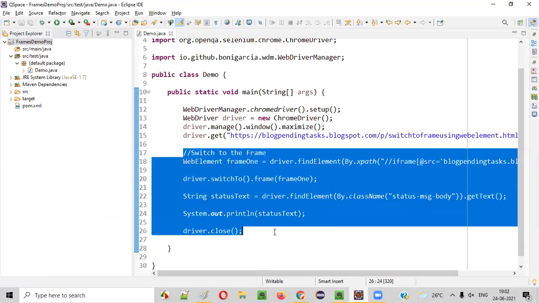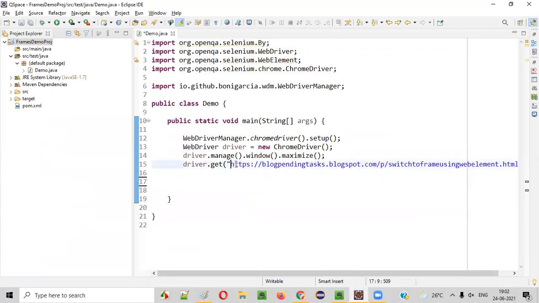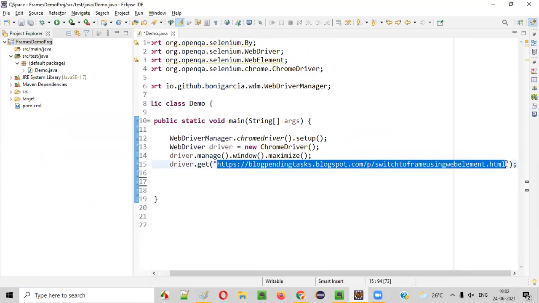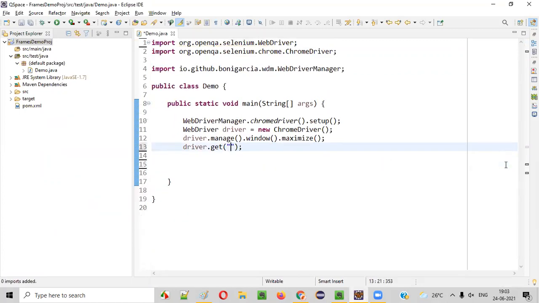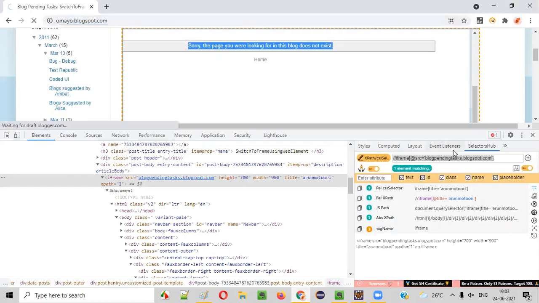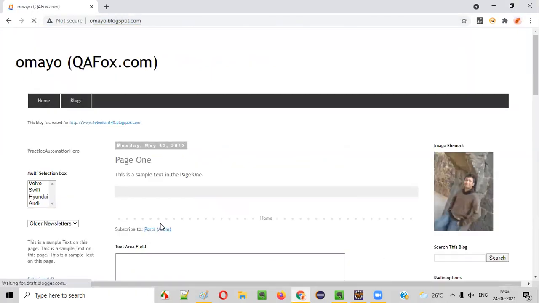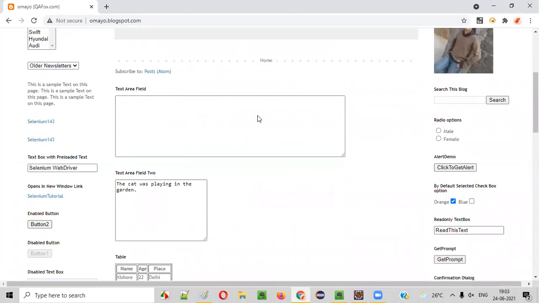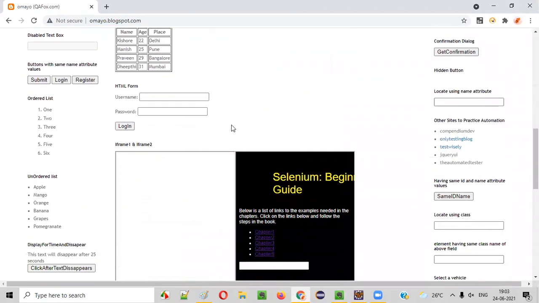So how to find? Let me remove all this stuff and remove this URL also from here. Control Shift O, unused import statements will be removed. So this is the fresh code again, and I'll go to this application, guys, omai.blogspot.com sample application. On this page, how many frames do you think are there? How can we find out how many frames are available on this particular page?